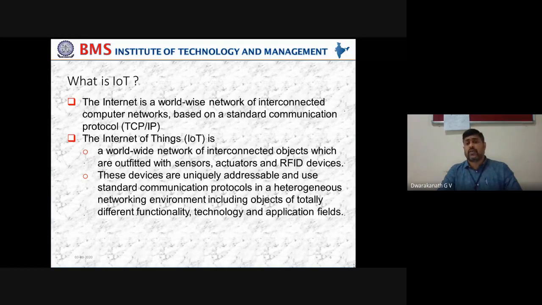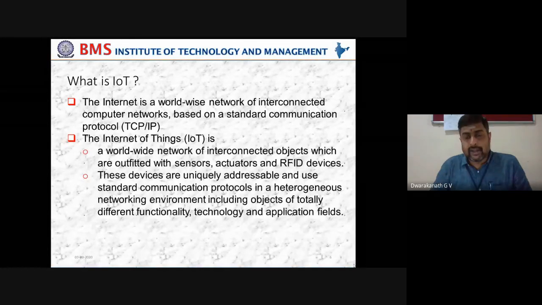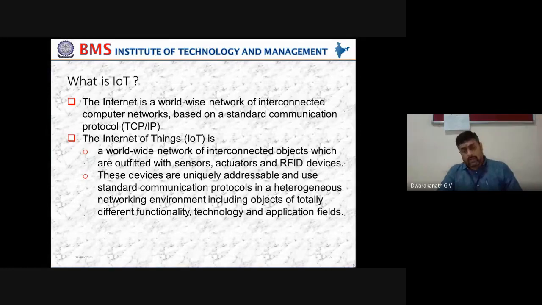Next, these devices are uniquely addressable. Uniquely addressable, underline that particular word. Uniquely addressable means there should be an identification for that particular sensor, like a code. Why? Because it is very important to know from which sensor or which actuator you have to run. In any IoT project, there is no rule that you will use only one sensor. You will use plenty of sensors. So among that plenty of sensors, your board should identify which one sensor it is. So your sensor, RFID or actuator should be